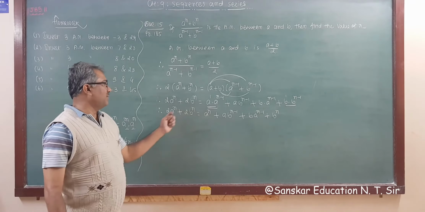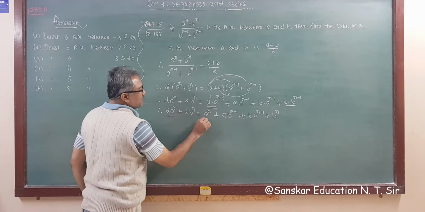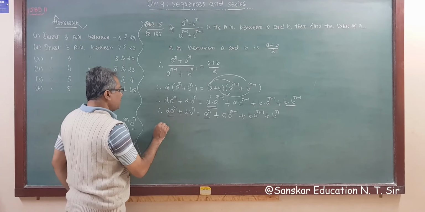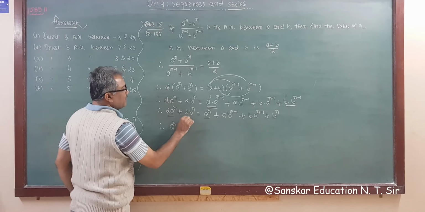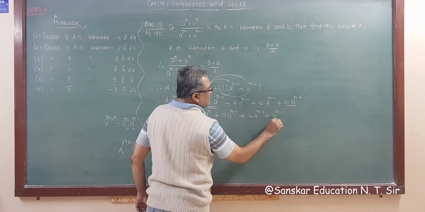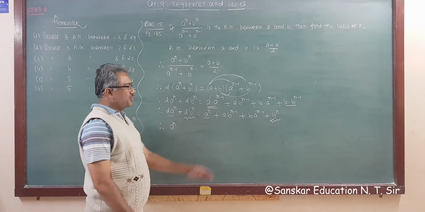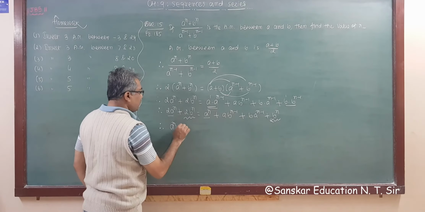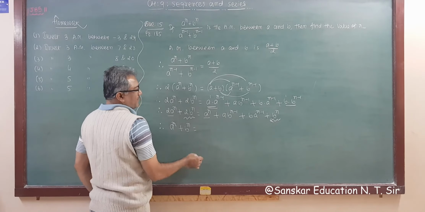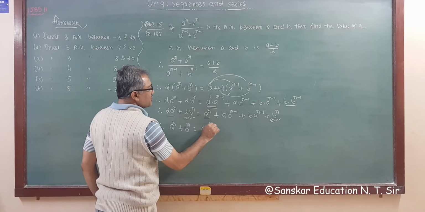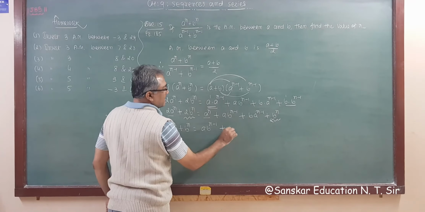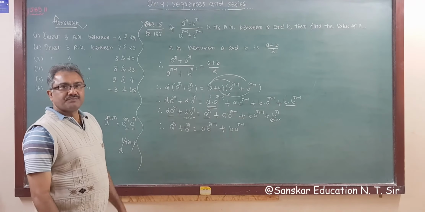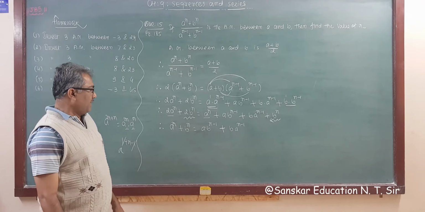So taking a raised to n to the left hand side, this is 2 times a raised to n, this is 1 time a raised to n, so it becomes a raised to n, right? Now this is 2 times b raised to n, this is b raised to n 1 time. So taking this, it becomes minus, so 2 minus 1 is again 1. So plus b raised to n is equal to, the remaining terms will be a b raised to n minus 1 plus b a raised to n minus 1. Right? Now what to do?